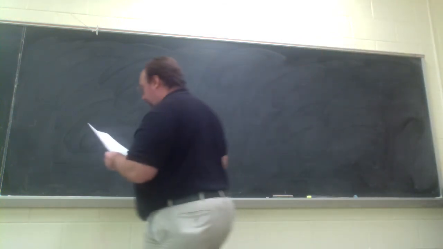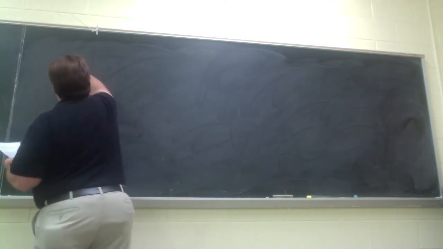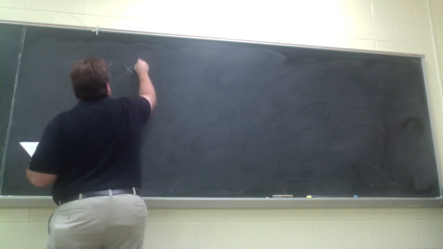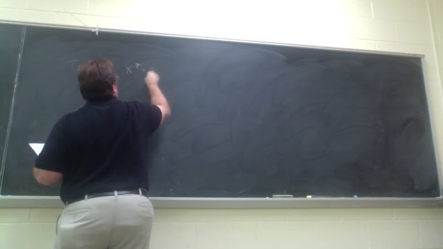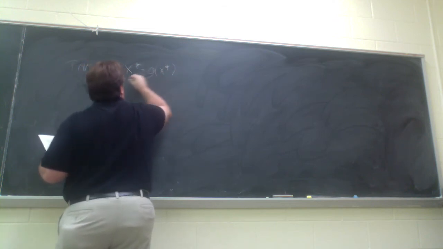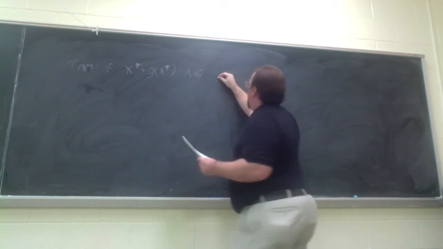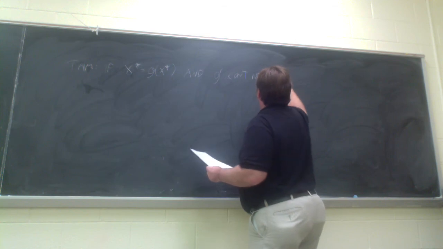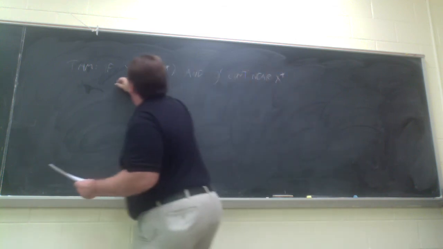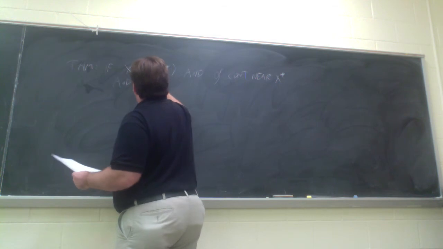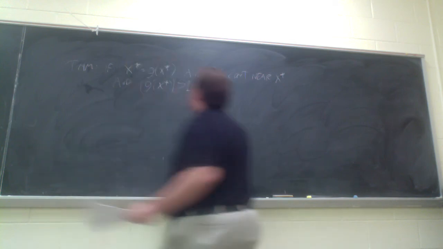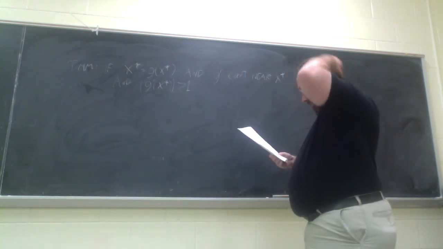So what if a derivative is too large? One result we have is if x star is a fixed point, so x star is equal to g of x star, and g prime is continuous near x star, and the absolute value of g prime at the fixed point is strictly greater than 1, then